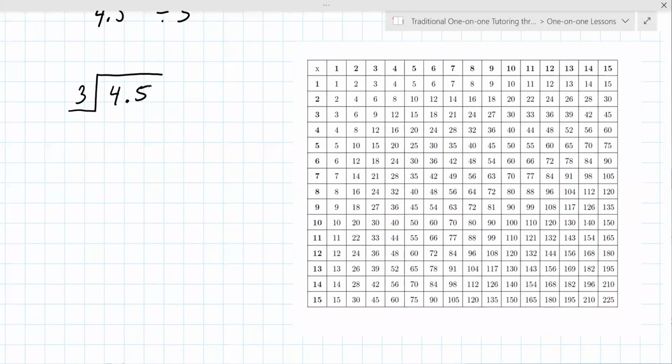Do I do this one on my own? It's up to you. You can either try it or you can ask me questions along the way. You've got to try working this out though. It's no different than the previous one, just different numbers. Okay, same steps. So how many times does 3 go into 4? That's between 3 and 6, so the smaller number, 1. Put the 1 on top, and then